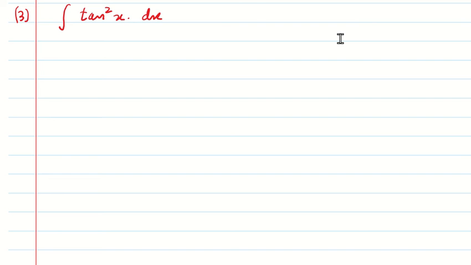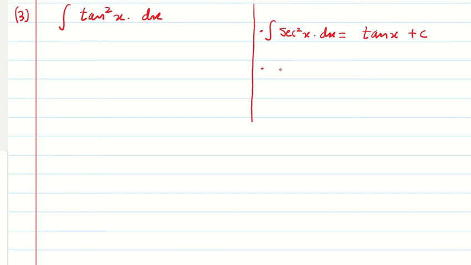Now you need to know the standard integrals. Now you need to see the integrable form. See, if you look at your formula book, it has integral of sec square x. What is the integral of sec square x? Tan x plus c. Sec square x is 1 over cos square x. It's there in your formula booklet. Now you also have the identity that 1 plus tan square x is equal to sec square x.